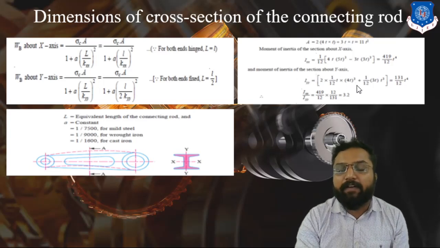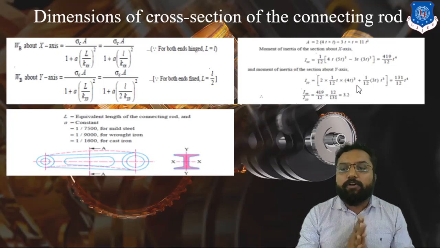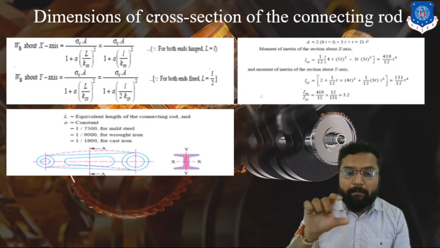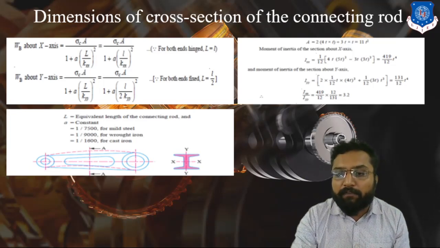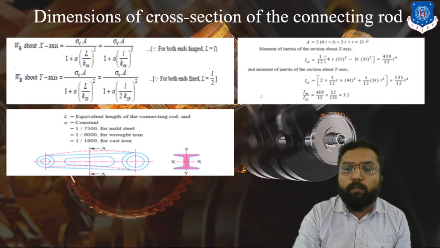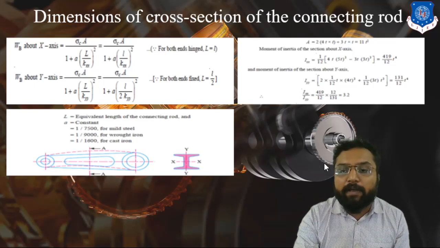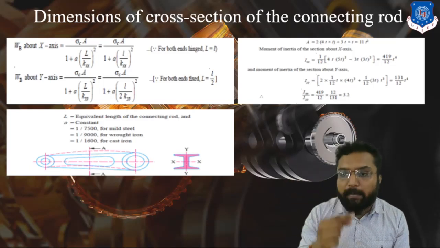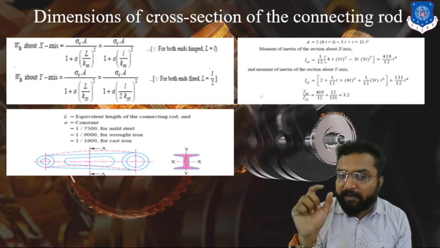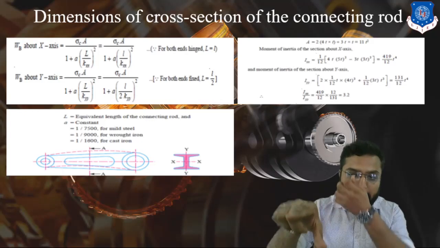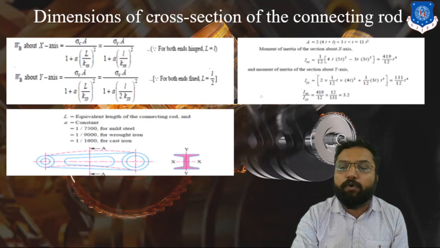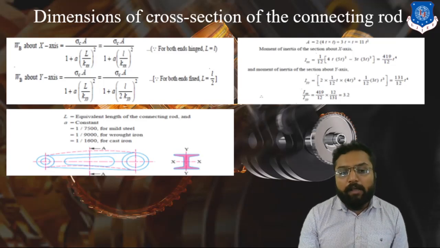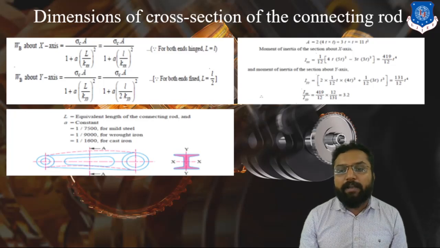And for IYY, we have to consider it from the horizontal side. So it is the total moment of two flanges plus the web. Clear? For the two flanges, it is 2 into 1 upon 12 t into 40 cube, because its base is 1t and its depth is 40. In case of the web, its depth is 1t and base is 3t. So ultimately it is 131 by 12t. And here you can see, the higher the value, the more it tries to buckle on that side. Clear? So our connecting rod will try to buckle in the XX direction.